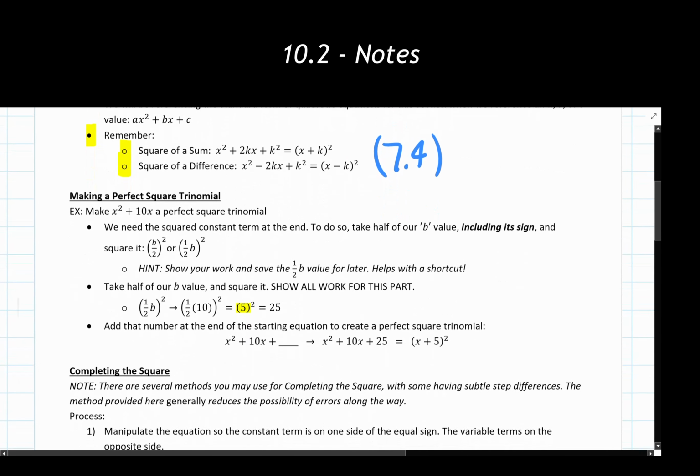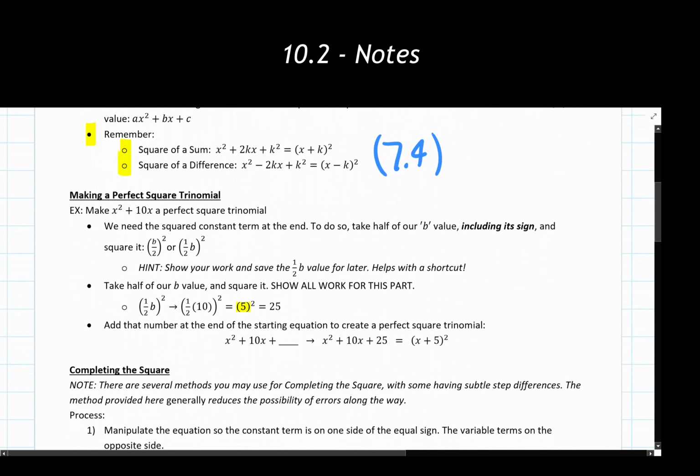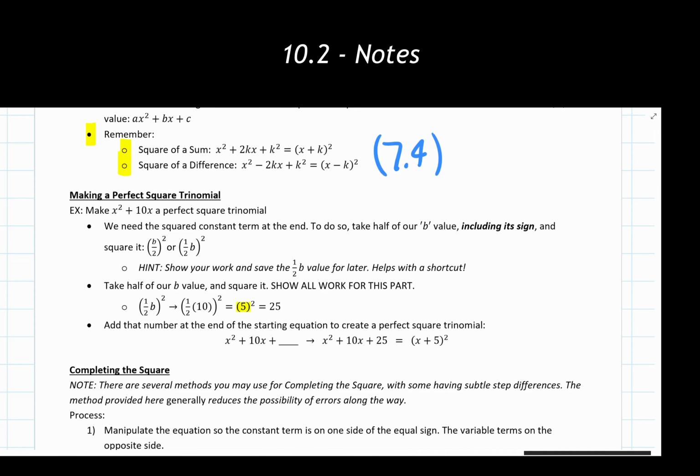So let's jump into our starting part. Again, what we're looking at right here in this making a perfect square trinomial part is a very specific scenario, with very specific things we're looking at. It does not 100% translate to the problem that you are looking at. It will be modified to fit the problems that you're going to be seeing, but this is just to get an idea of how we're going to make a perfect square trinomial.